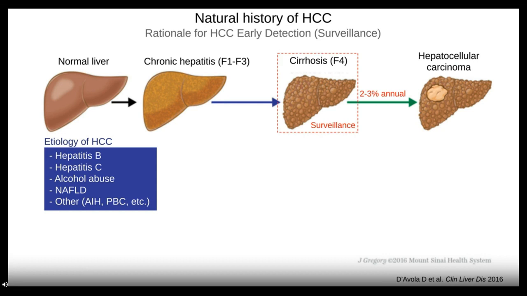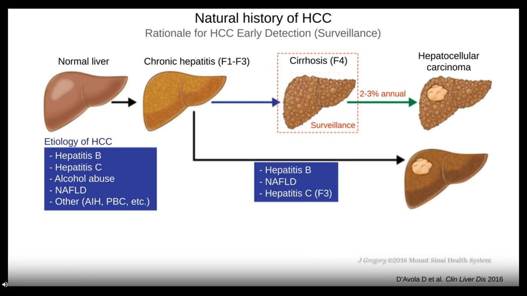Now, that is the rationale to recommend surveillance programs in these patients. So every cirrhotic patient should be enrolled in a surveillance program that includes an abdominal ultrasound and alpha-fetoprotein measurement every 6 months. There are some patients who can develop HCC before the stage of cirrhosis, and that poses a significant